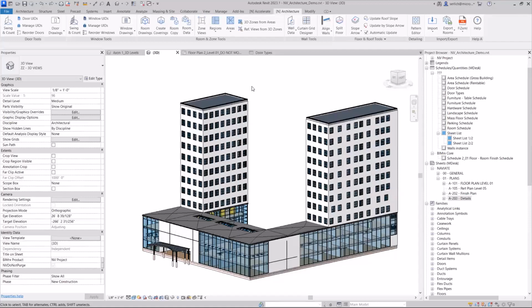In this week's feature of the week, we're going to look at Naviate's door drawings feature. This door drawing feature creates plans and elevations of the different door types in your project, creates a sheet for them, and then places it on a sheet as well, all in one transaction. So this is really great for creating those door type sheets that show all of the different door types in